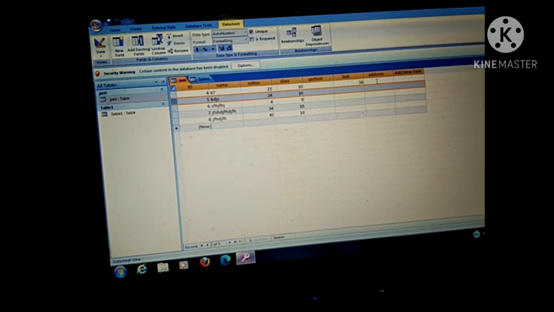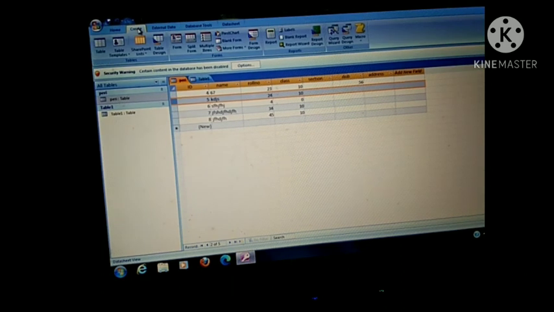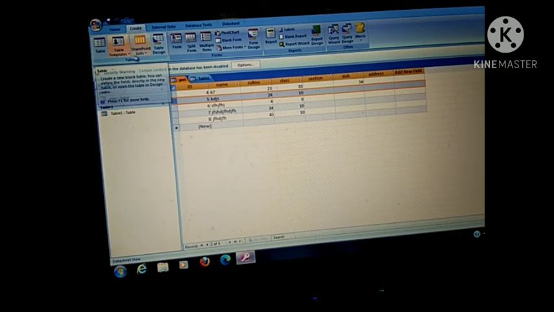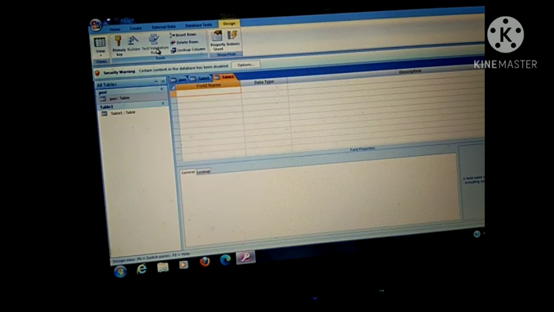Ma'am, how can we create this table in design view? So for creating anything in MS Access, you will click on the Create tab. When you click on this Create tab, you check the Tables group. Here in your Tables option, there is Table Design. So you will click on the Table Design option. When you click on it, you will see Field Name here. Field name means the name of the column, the names of the columns in the table. And here you have to select the data type.